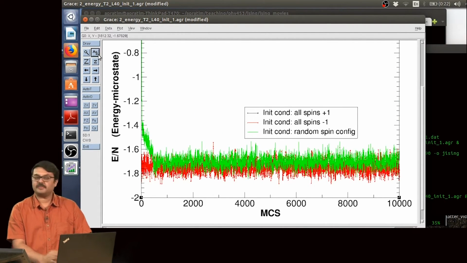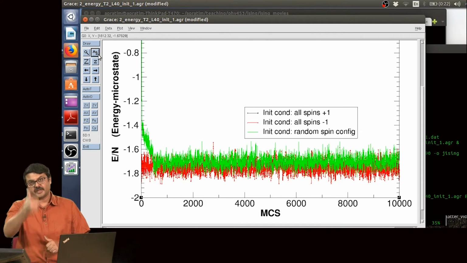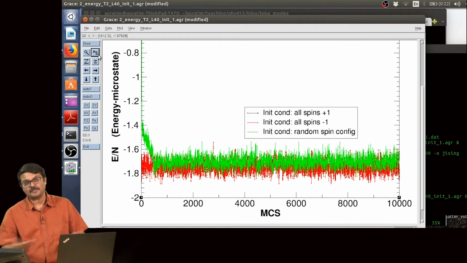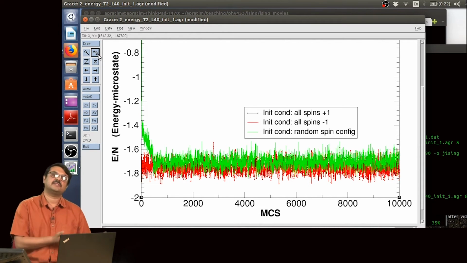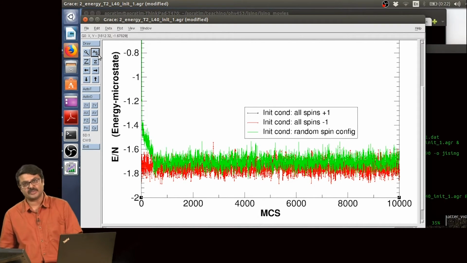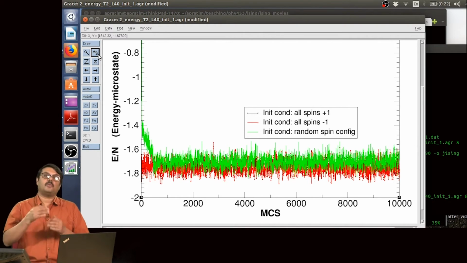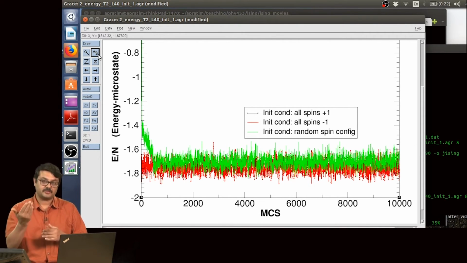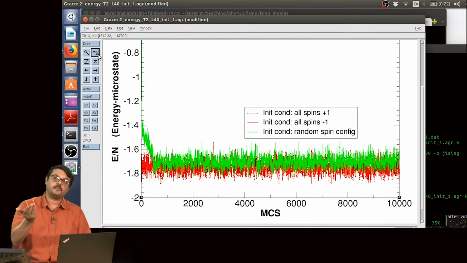The reason is basically whether you are starting from plus 1 or minus 1, all spins up, you are generating the same random number sequence. I did not change the random number seed. As a consequence, you are generating exactly the same sequence of random numbers. So, in the first case where all spins were pointing up, there were a few spins,